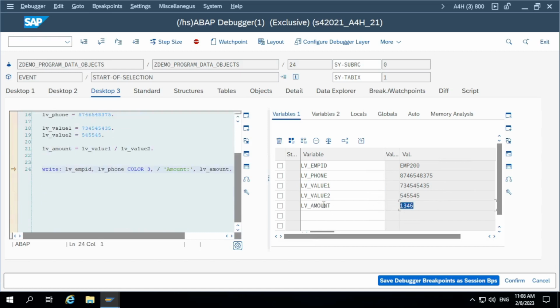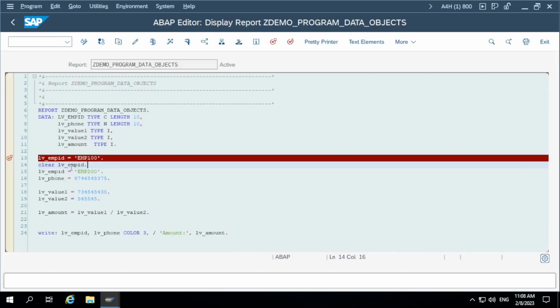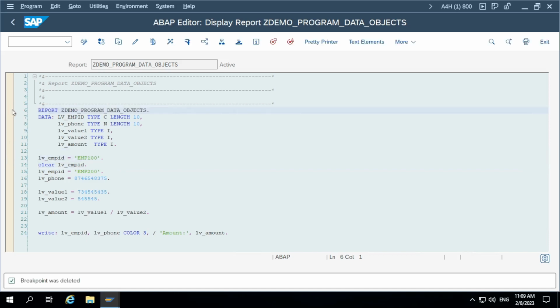Calculated the value to this LV_AMOUNT, and it is displaying the output. Click on F8. So you can observe how the data is populating, how the functionality whatever you implemented in the program is working. By using debugger, you can see that. Okay, clear? So going forward, whenever you create the program, keep a breakpoint and try to debug the program so that you can understand the process, how it is working. Okay,